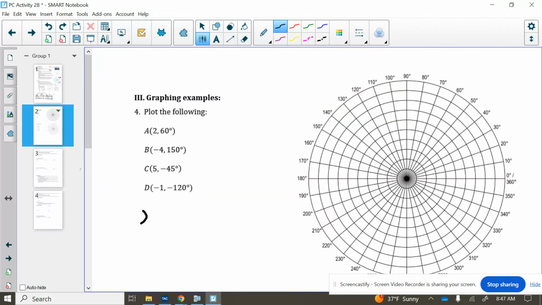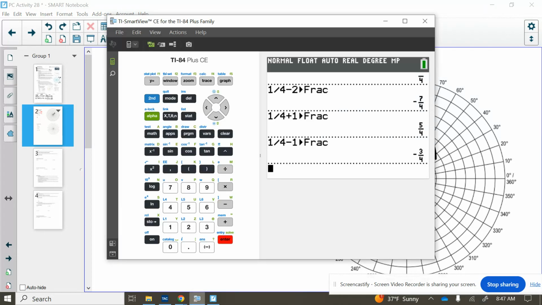All right, on the next page, we have some examples with actually plotting these points. So if we're in degrees here and we are at 2, 60, we're going to go 2 units out from our center pole, and we would be at 2 radii out on 60. That's point A. Point B, it might be to our advantage, so that we don't get confused with the negative, if you are going to change this r to be a positive 4, remember then we're going to add or subtract. In this case, I'm going to add 180 to 150 so that I really see this is the same location as being at